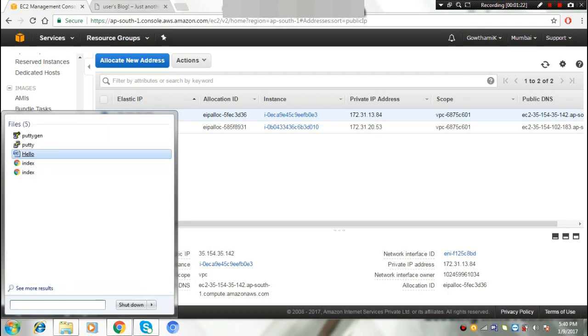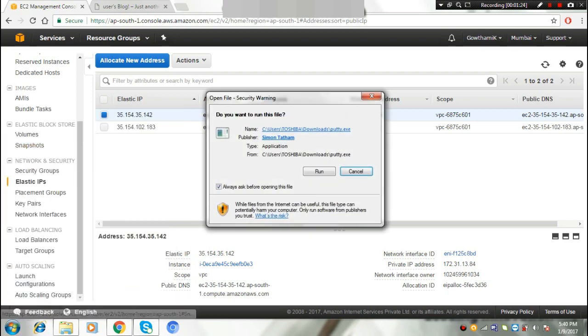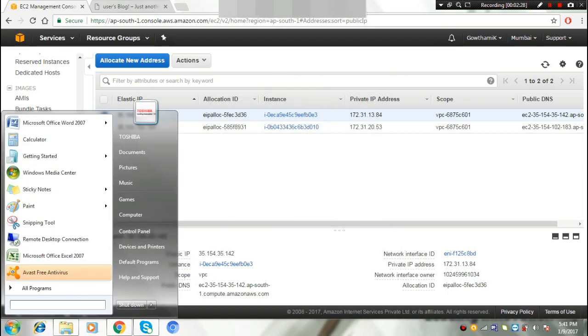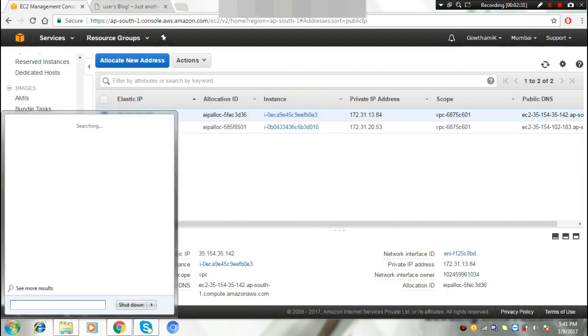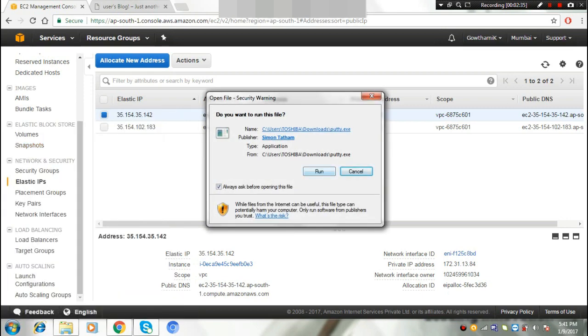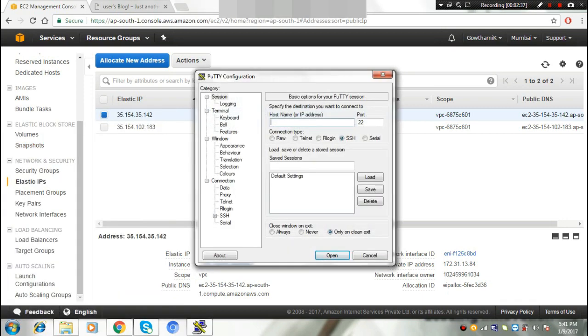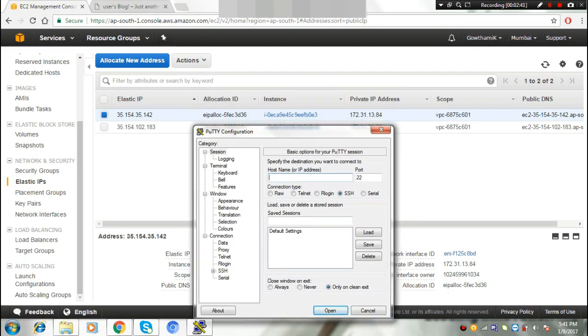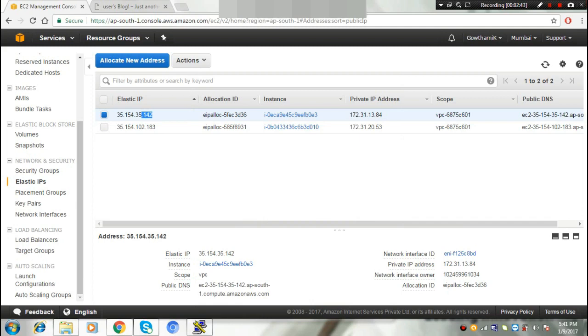What we have to do next is go to Putty and run it. Here, what we have to enter is your IP address.